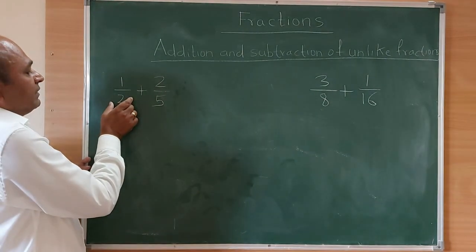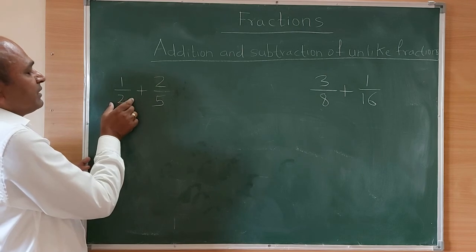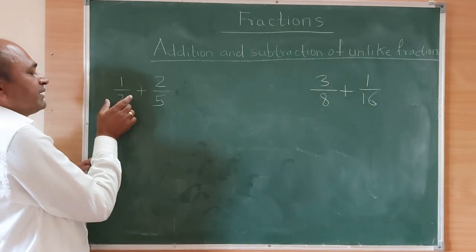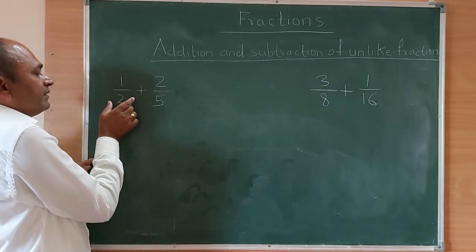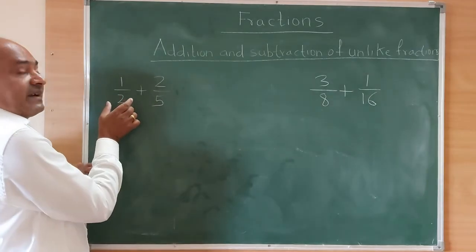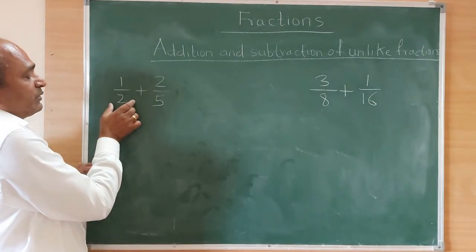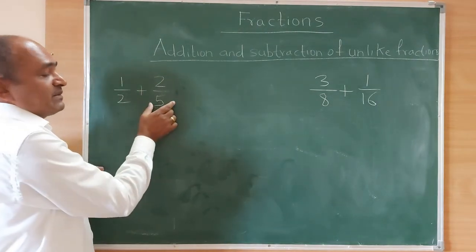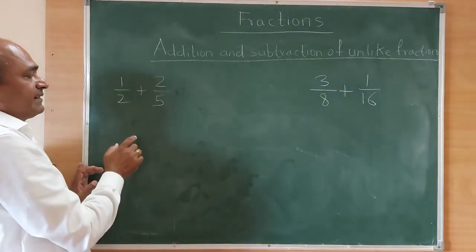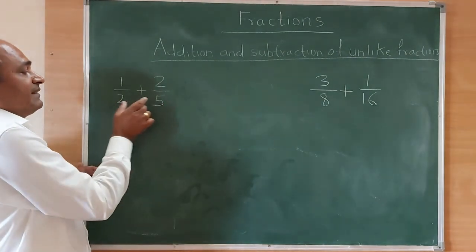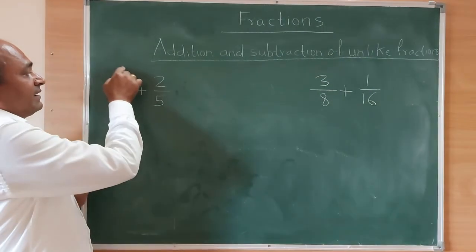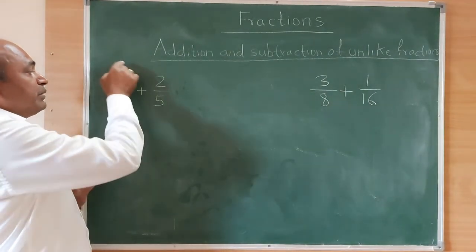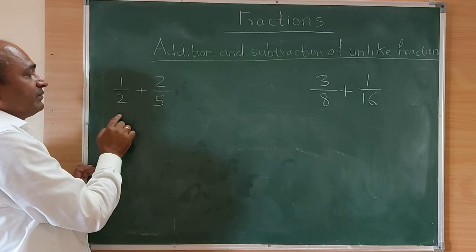if we see the multiples of 2, 2 ones are 2, 2 twos are 4, 2 threes are 6, 2 fours are 8, 2 fives are 10. So 2 fives are 10 and 5 twos are 10. So I can get the denominator 10, means I will convert this fraction 1 upon 2 into its equivalent fraction,